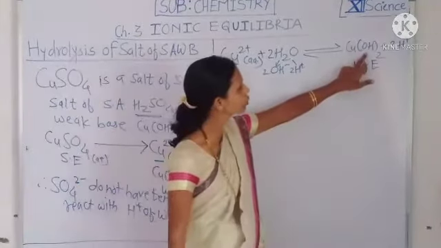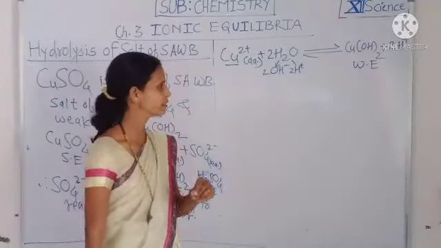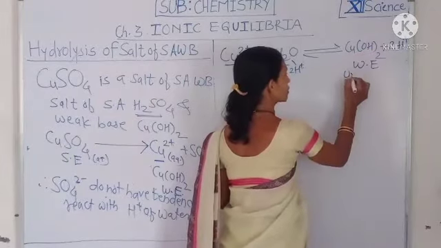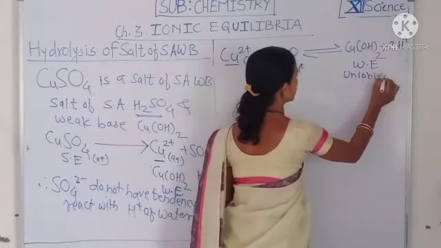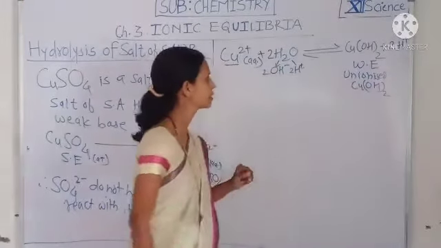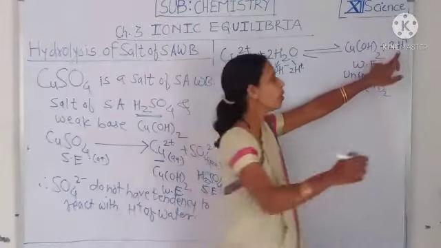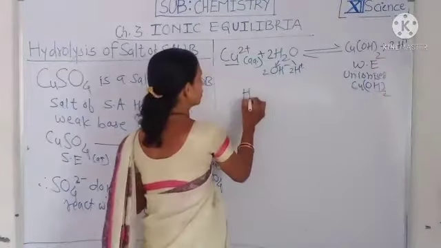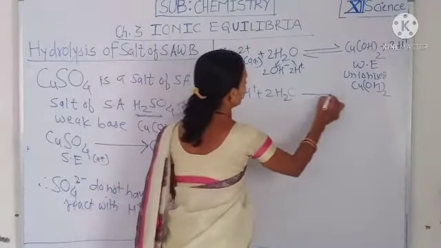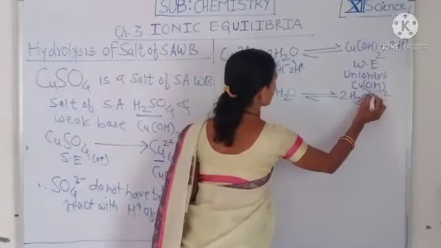Therefore, dissociation of this salt is very less, and unionized Cu(OH)2 formation takes place with formation of H plus ion, or that H plus ion in water reacts with a water molecule to give hydronium ion. That means